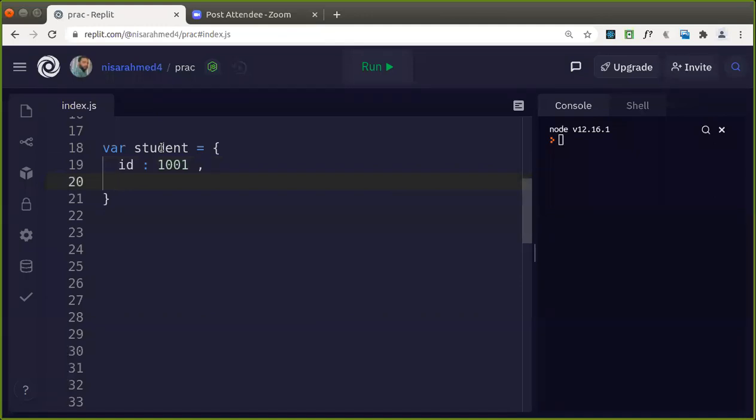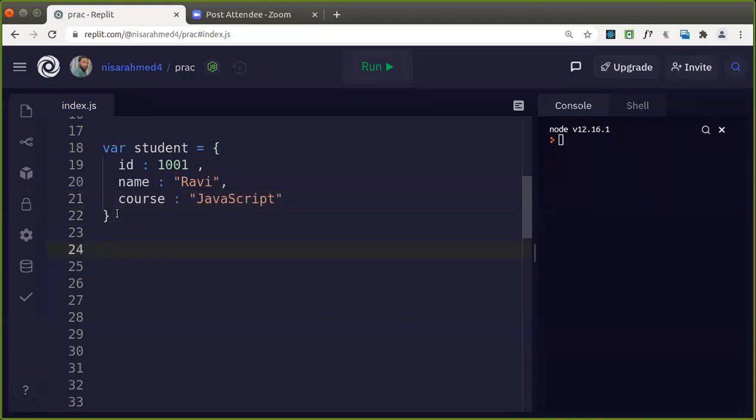Then the student name, which can be a string, so I'm giving the name as Ravi. ID is this one, name is Ravi. Then another property, with the key as quotes and the value as whatever you want, say JavaScript.